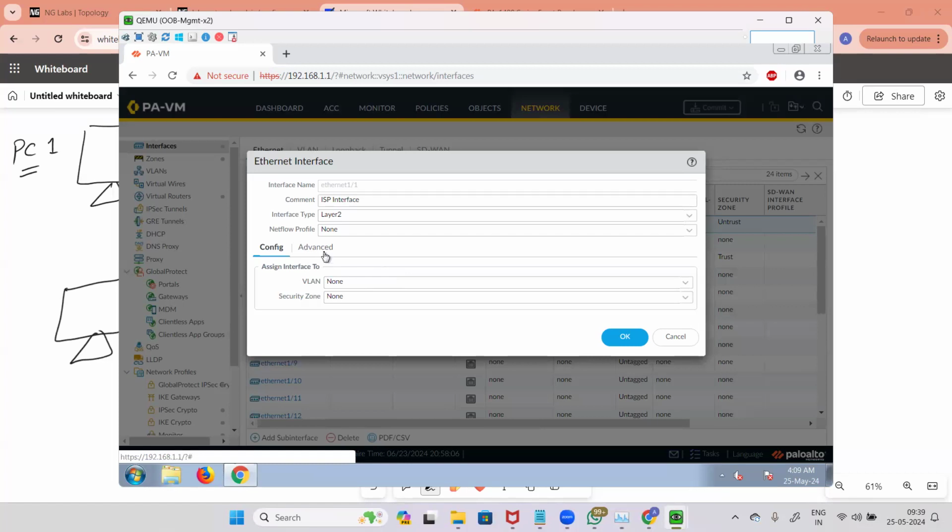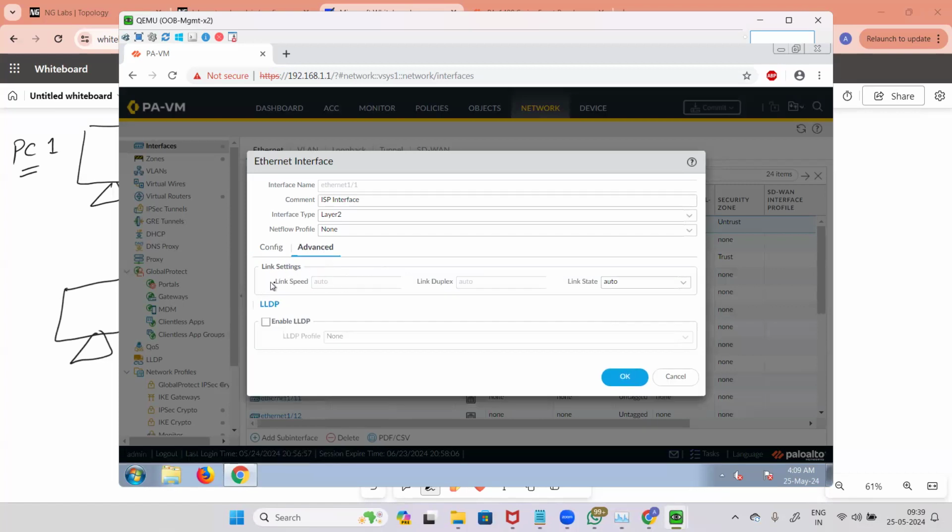So in advanced, here you will be able to configure the link speed and link settings, because right now I have set it to auto. So you're seeing everything as auto. You will have an option, if you select it as up or down, to change these settings. Once you change it to up and click on OK, you'll be able to change the link speed and duplex, if you want it as full duplex, or something like that. Generally, no one touches these configurations unless it is needed, because auto is going to negotiate